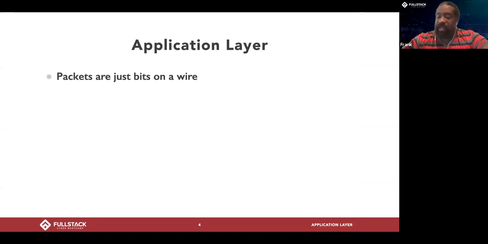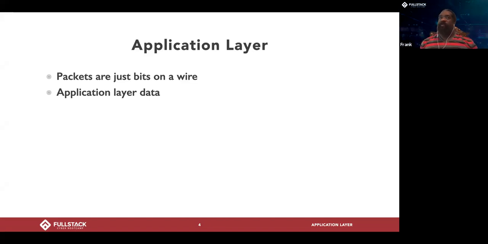HTTP is a plain text protocol, but at the end of the day, and I've said this a couple of times, your processor speaks ones and zeros. So your HTTP at the application layer is just text, but as you go deeper into the layers of the OSI model, eventually it becomes just packets, and packets are just bits on the wire, right? Your application layer data is formatted and held